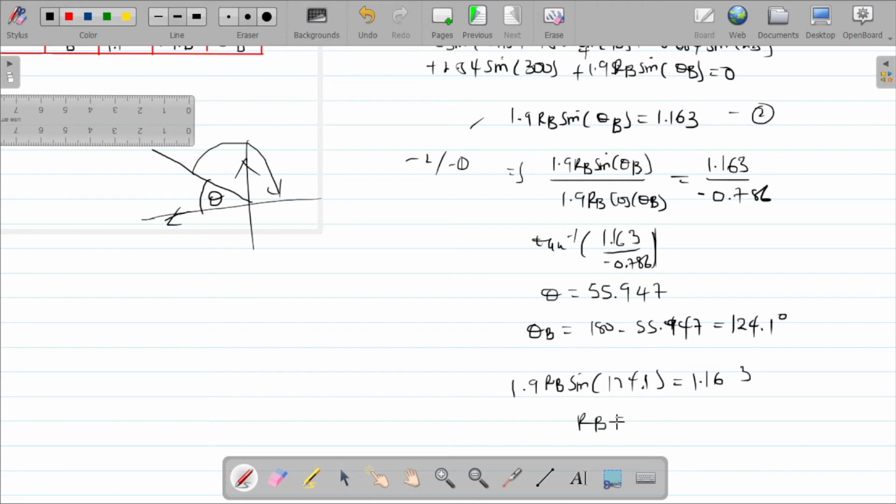So RB will be equal to 1.163 divided by 1.9 sine 124.1, and that gives us 0.739 kilogram meter,